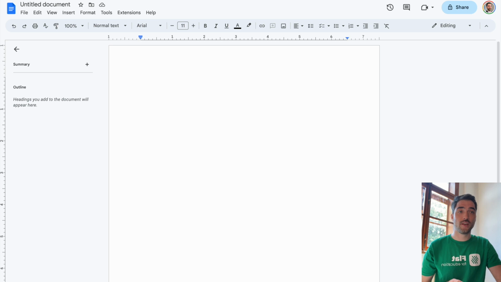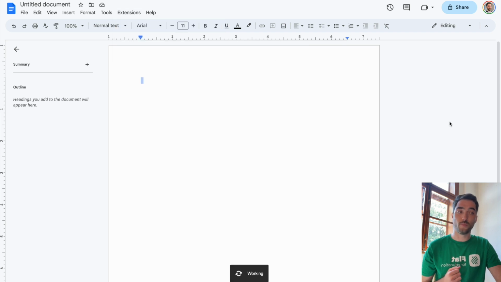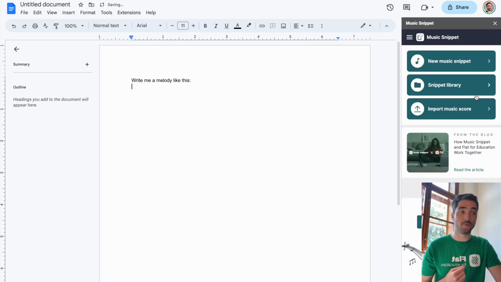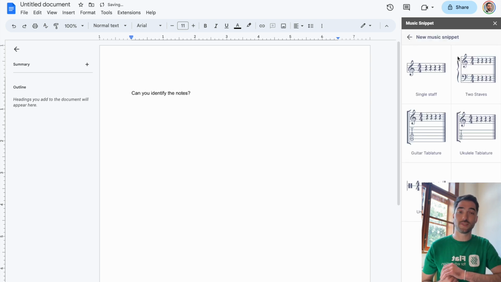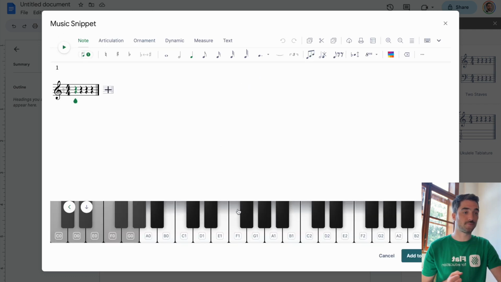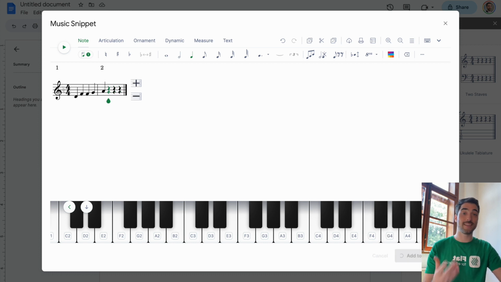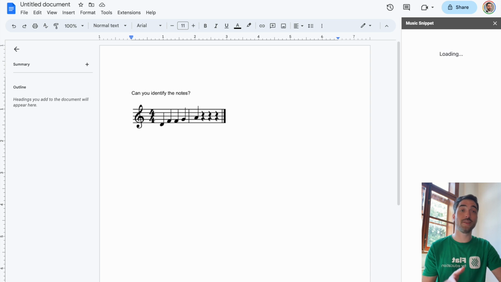You'll simply download the extension, which you'll have a link to in the emails, and you'll activate it here by going to Extensions and Open. On the side, you're going to see this beautiful little panel where you can then say, all right, I'm going to insert a new music snippet. I want a single staff. And what you're going to see is our full editor opening up within Google Docs, which will allow you to create a beautiful piece of music or a quiz and send this to your students directly within Google Docs or